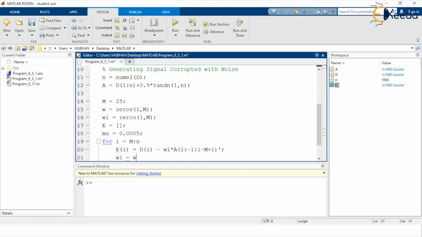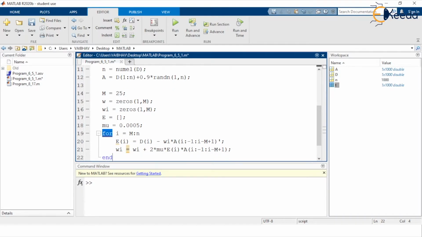W suffix i is equal to W suffix i added by 2 multiplied by the step size mu, further multiplied by the capital E, the error as a function of i, and further multiplied by capital A of the range we defined from i with steps of -1, that means in the decreasing order, i minus capital M plus 1, ending with a semicolon.